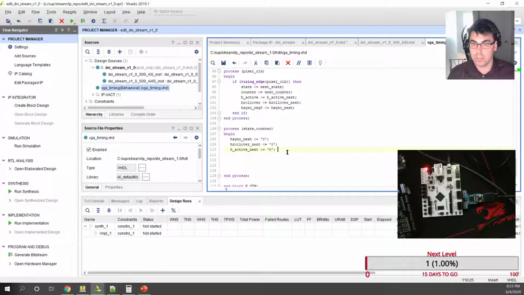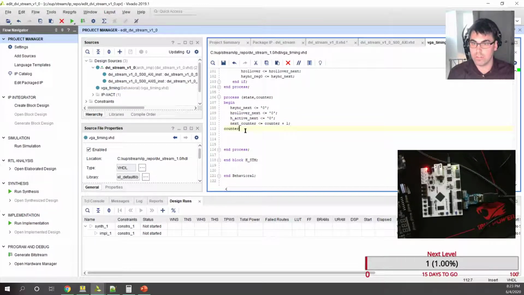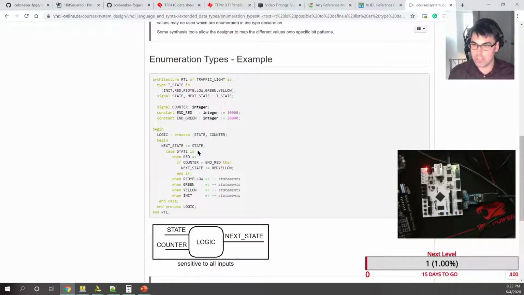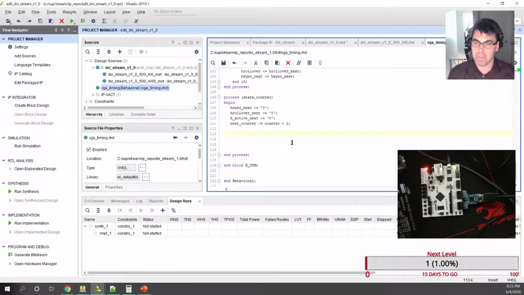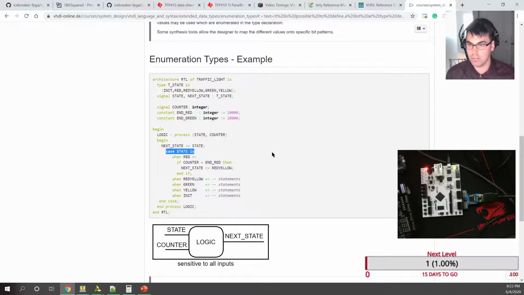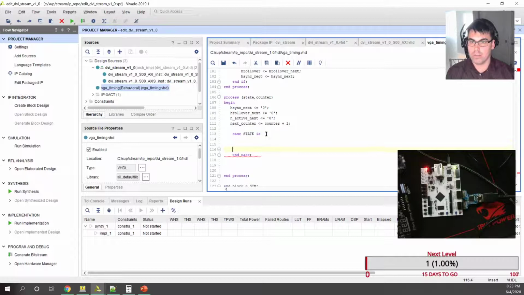And next counter is going to equal counter plus 1. And now we can do our case statement. Based upon state, we'll just do a case. So we're going to say sync